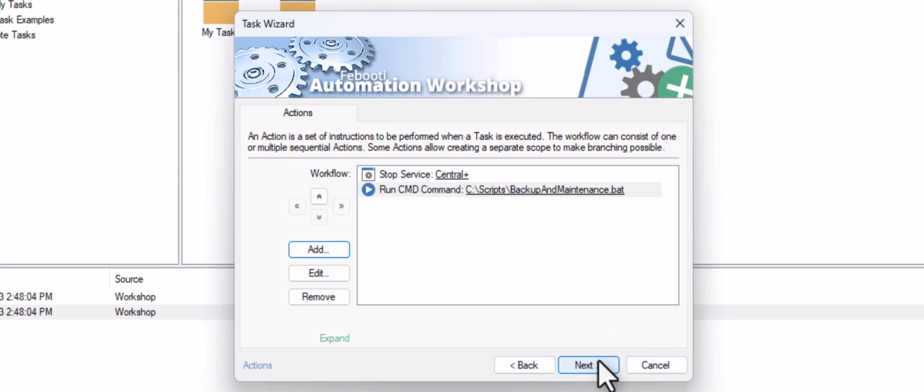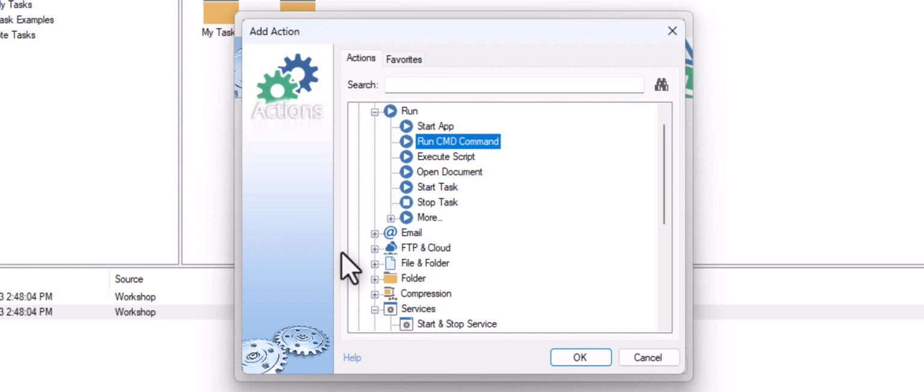Since my batch script generates a detailed log file, I'd like it to be sent via email each time the maintenance script is executed. The action to send emails can be found in the Email section. The send email action functions like a fully featured email client designed for sending automated email messages.